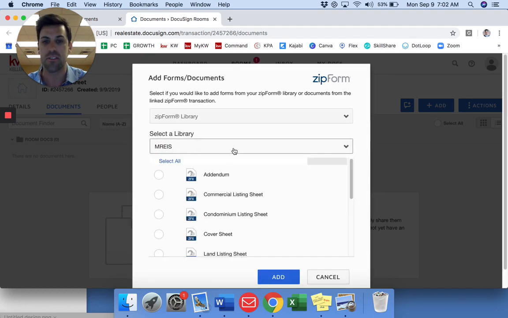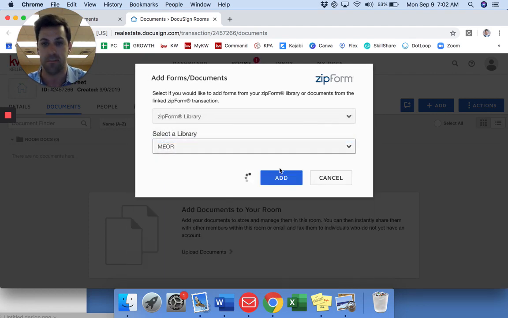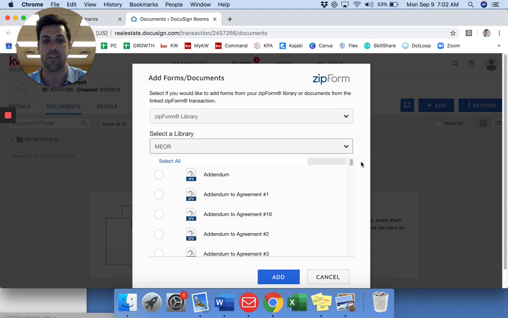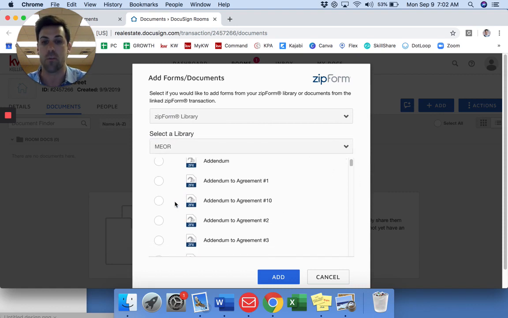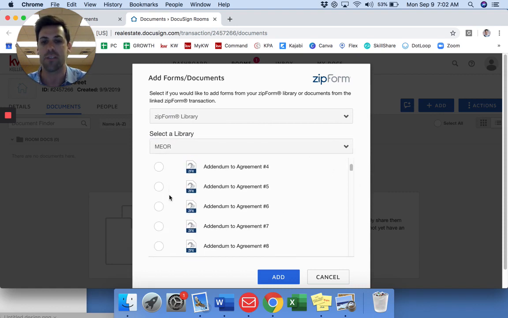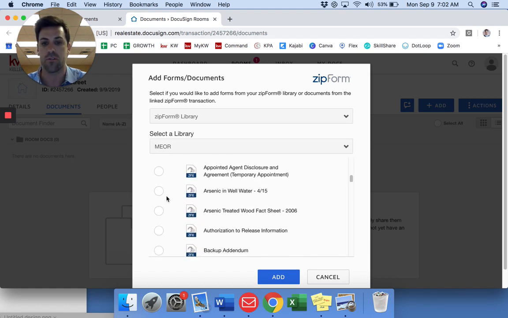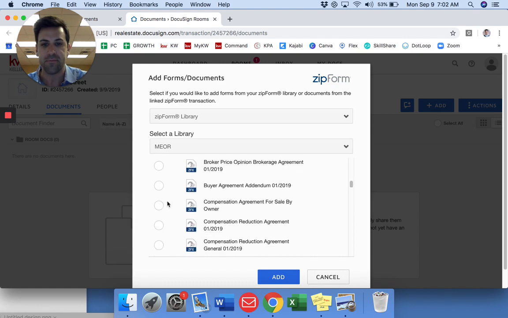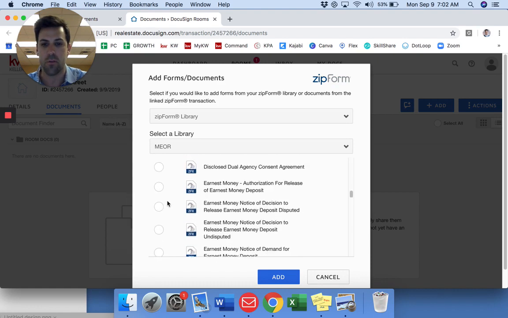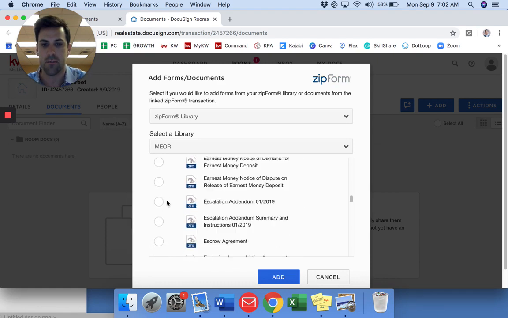As you'll see, there are all these different categories, these different libraries with documents. So for a standard listing, we're going to start scrolling down and looking for the documents that we typically use for a listing. I'm going to scroll, reading through. And the first one we're going to look for is, we're getting there,